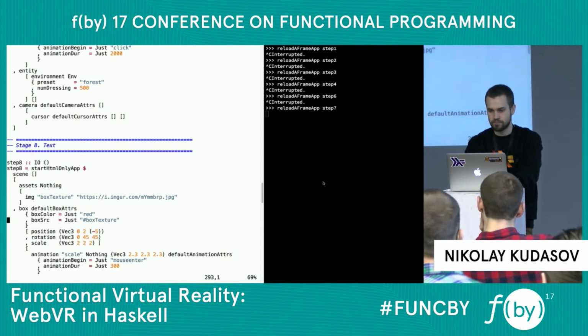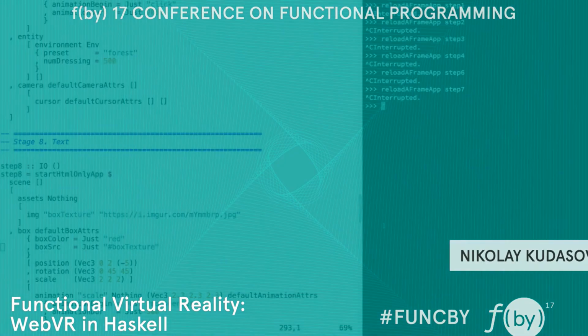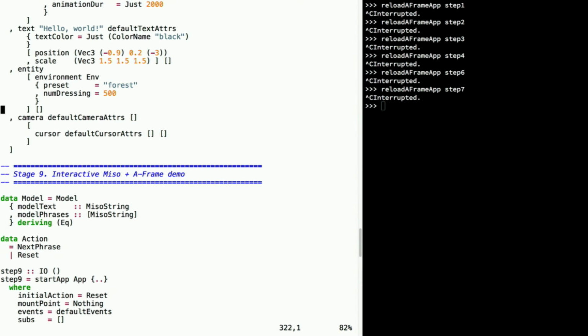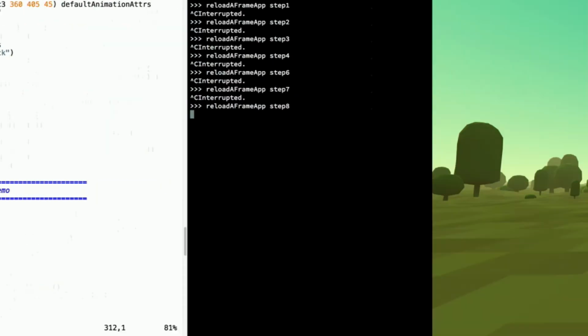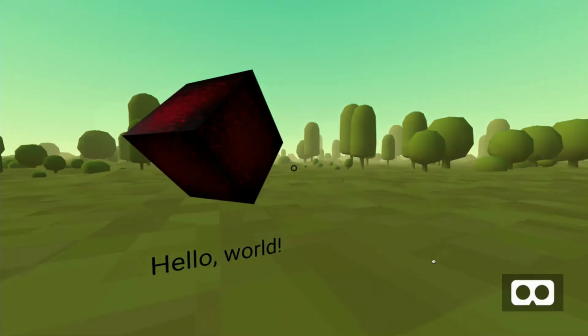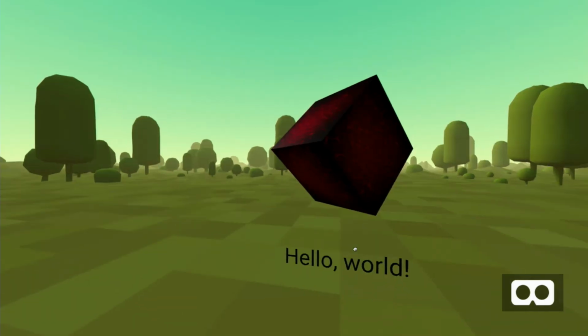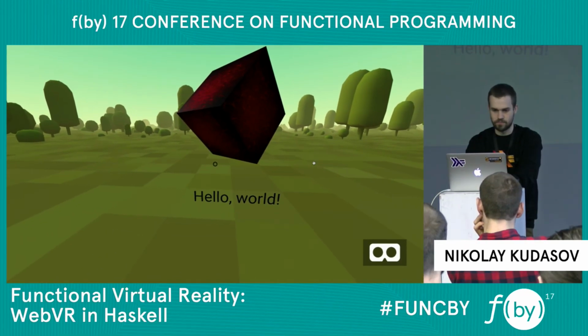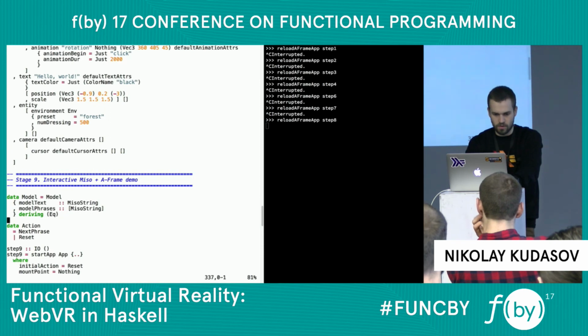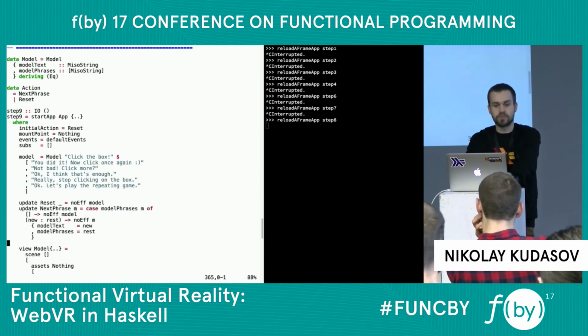Text is added very simply with just a special text combinator. I'll just show you how it looks before we move to the last step. So it looks like this. You have text in your virtual world. Okay, and for the last step,